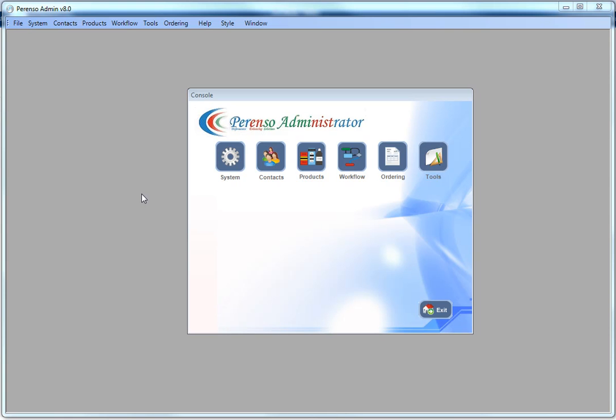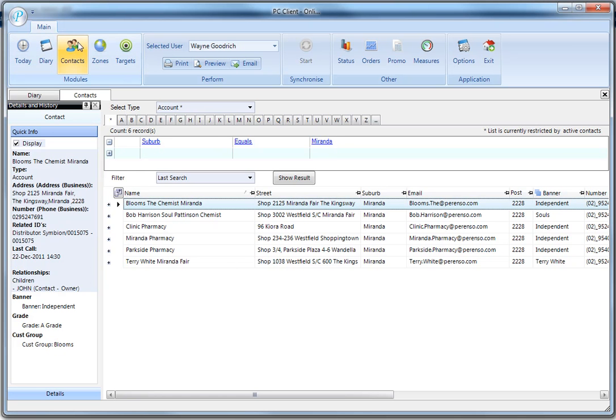There are many items in the PC Client program that are displayed in a grid. Just one example of things that are displayed in a grid is a contact list, and here I can see a name, a street, suburb, email, etc. All of these grids that appear in various sections of PC Client can be set up in admin using base